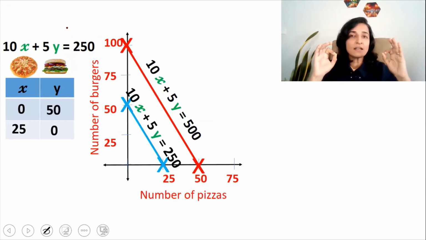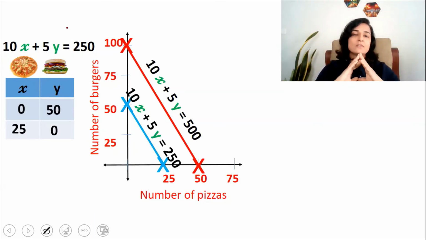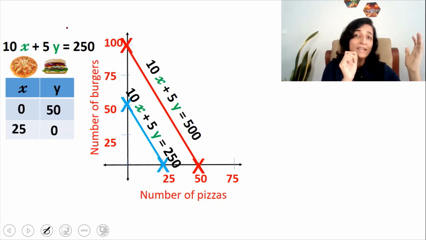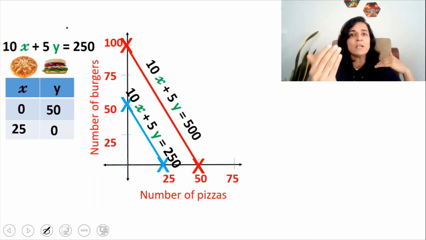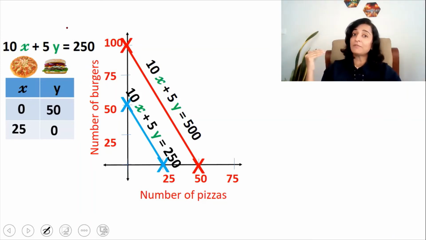What did you see? You have seen that the two profit lines are parallel to each other. So whatever figure you take, you will get the same slant. And the only thing that we need is the slant of the profit line. What we need for linear programming is to understand how the profit line is slanting. So whether you take $250 or whether you take $500, you will get the same slant because all profit lines are parallel to each other.